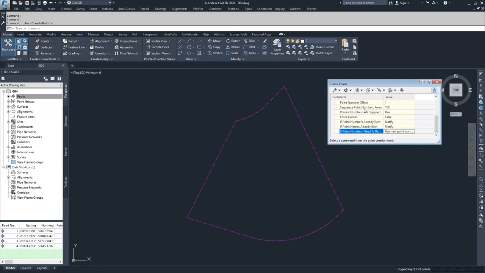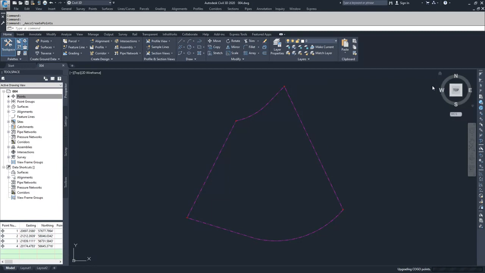When we created our points, we didn't set any of these parameters, so I know that I want to change these point parameters. I would have preferred to start my point identities higher, because these are calc points. I don't want to have them on the low numbers that would come in from a survey. I want to set them on a higher number, something that I'm not going to have overwritten when I do a survey import. So I'm going to jump into these points and edit them. I'm going to right click on the point